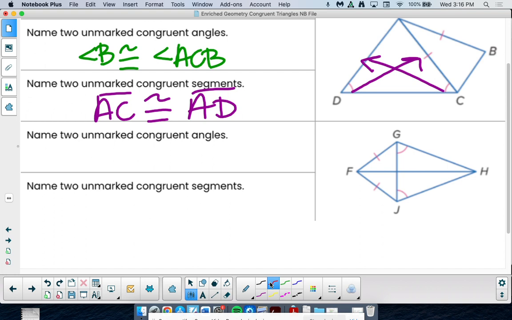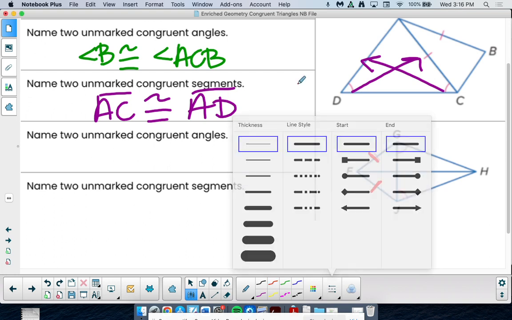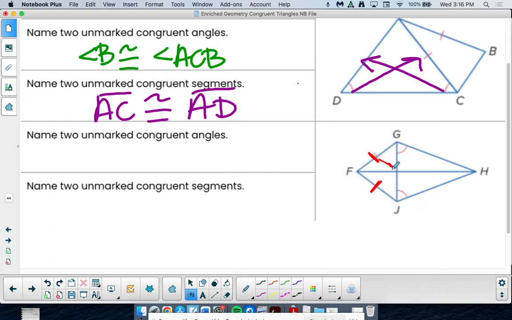Name two unmarked congruent angles. So again, we're looking for two congruent side markings, right? Well, here's a tick mark, there's a tick mark. What angle are they across from? A little harder to see here, but it'd just be this little angle there. So angle F,